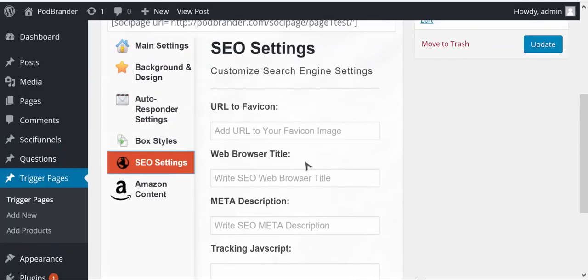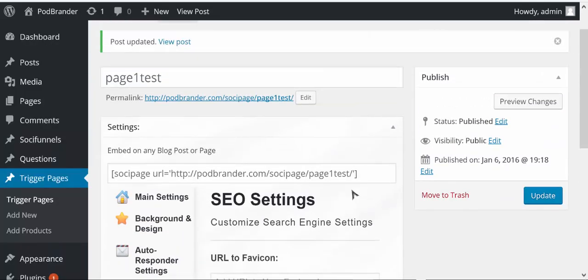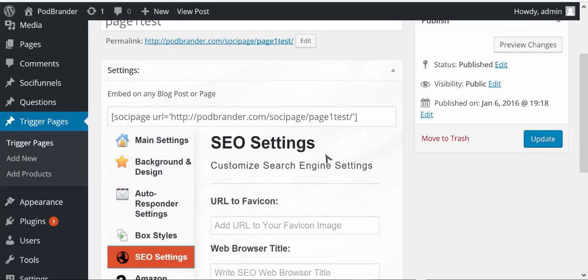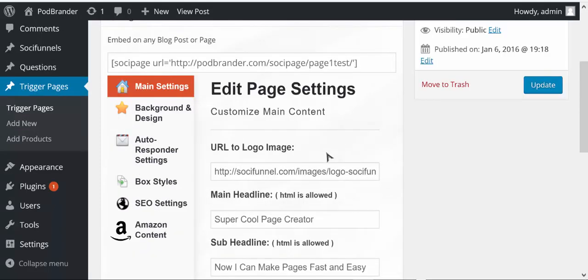Okay, so that is how you design pages, and it will allow you to create pages with lots of cool content on them to get people to subscribe to your list. Now, the one other thing that I want to mention is under the main settings, there's a lot more customization options than even I shared so far, because that's the basic way and the most popular way to set up a page. However,